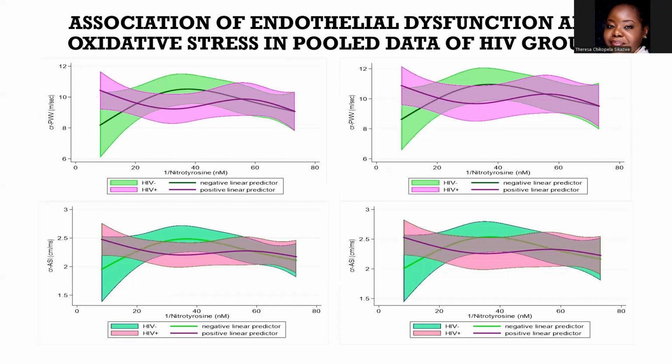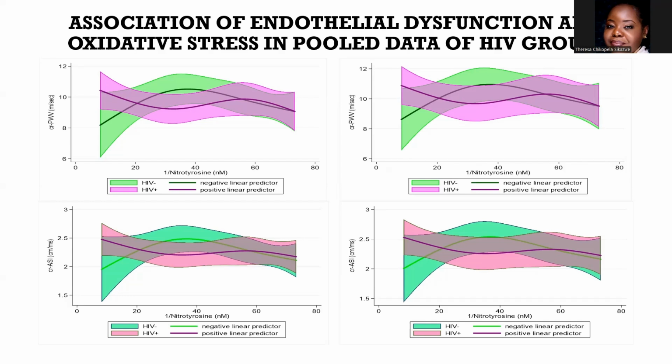On the slide, we have on top a panel showing carotid-radial pulse wave velocity, and at the bottom, carotid-radial arterial stiffness index. We also further subdivided them into male and female, with the left showing males and the right showing females. Though the two were very similar, we noticed that males had higher endothelial dysfunction measurements, that is carotid-radial pulse wave velocity, as well as carotid-radial arterial stiffness index.